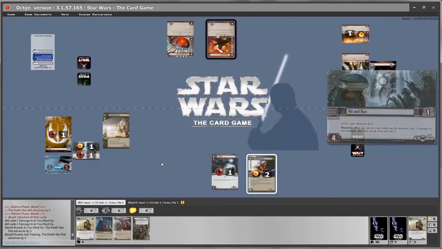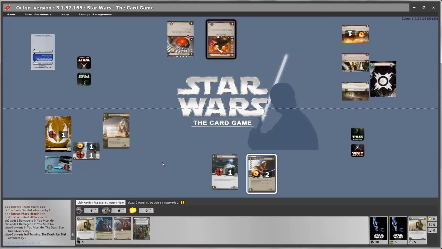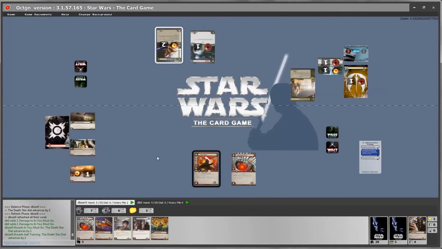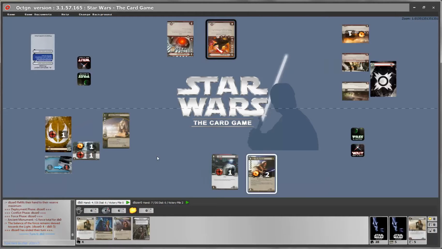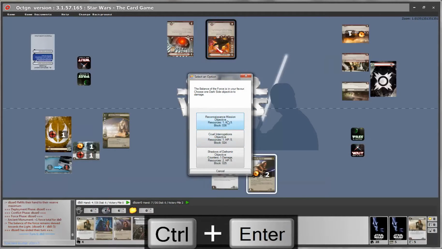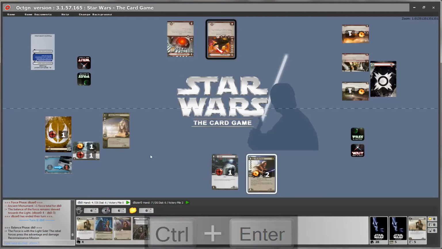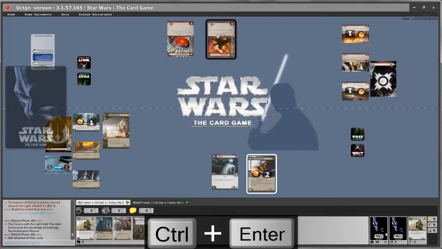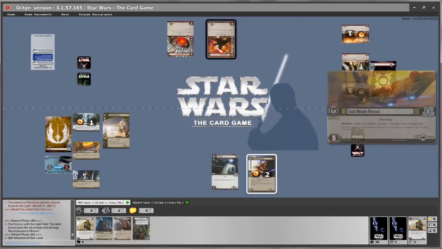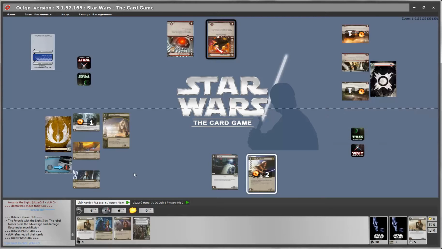So once we have an objective destroyed, how do we refresh these objectives? It's quite easy, in fact. Let's finish the turn from the dark side, and then you can see it in action. So the dark side finishes the turn, the light side starts. Okay, and let's go to the refresh phase. As soon as you go to the refresh phase, all your objectives will be refreshed. You get 2 new objectives from your objective pile, and they're automatically put in the right location. In the same way, it's exactly what happens for the dark side player.